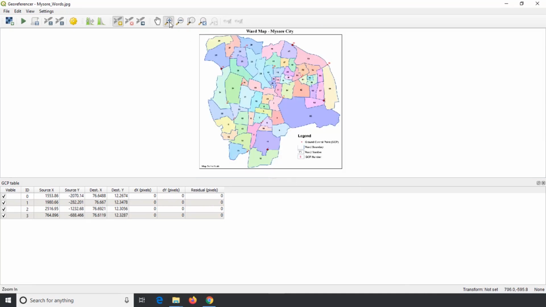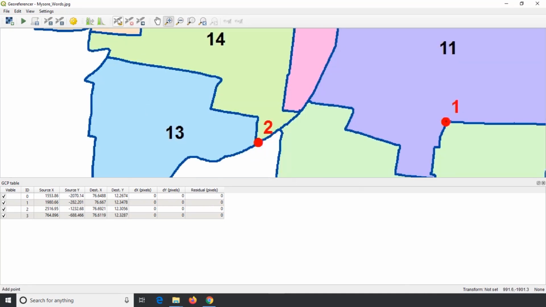Further, enter the latitude and longitude of the other GCPs.